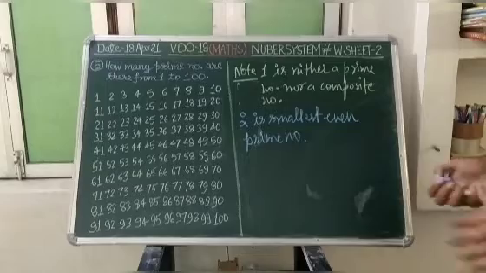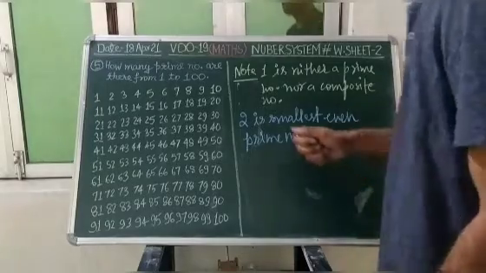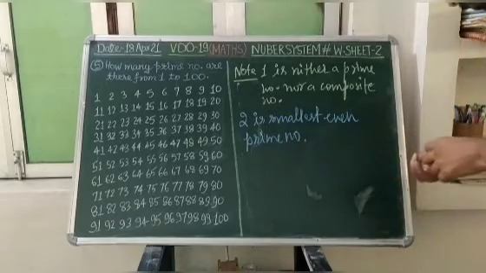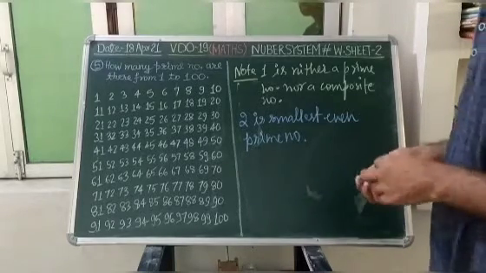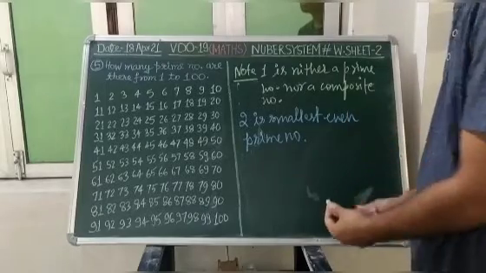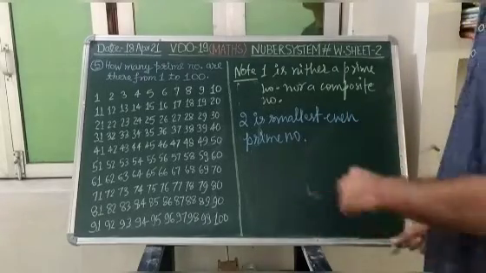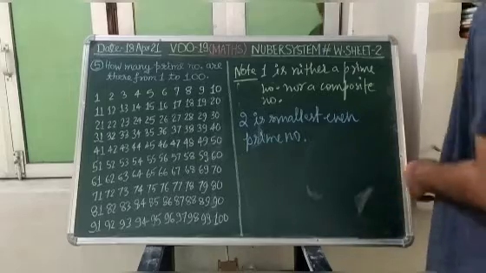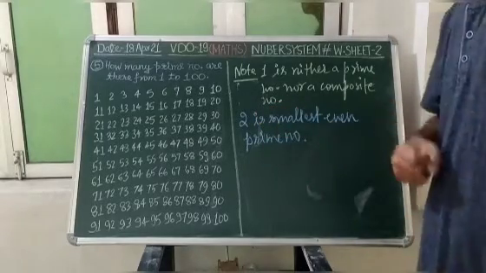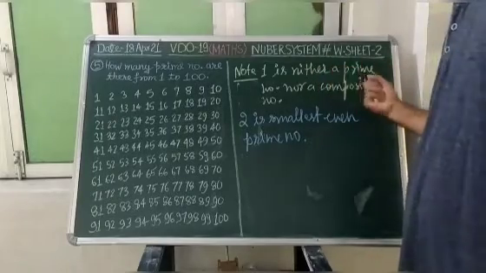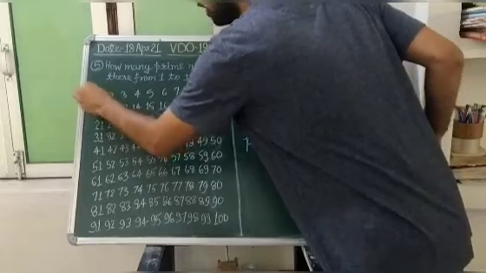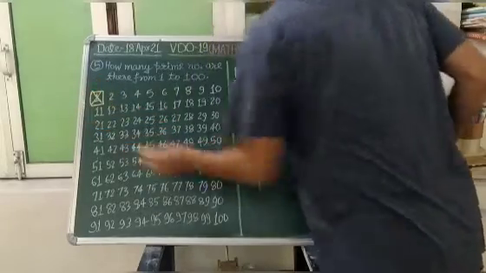These things must be in your mind before solving this problem. Okay? So go through these things, then only you can understand my language, what I am saying here. In between, if you come to the videos, you will feel problems, I think. So 2 is the smallest even as well as prime number. 1 is neither prime nor composite. So 1 we will not select.